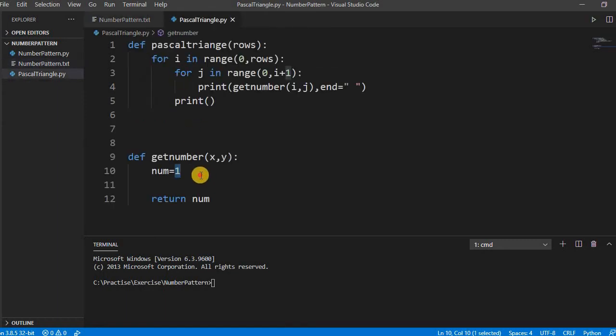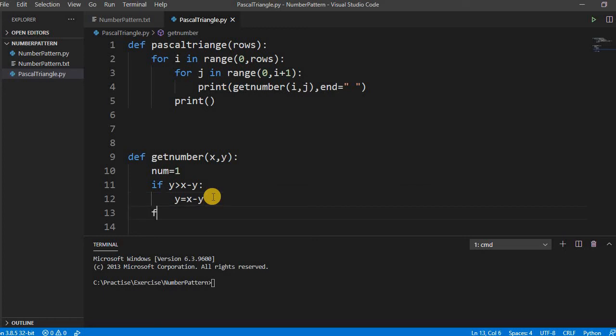So first we will check here, if y is greater than x minus y... so we have to calculate the number. For row 0 we don't have to do anything, right? Till now it's okay, fine.